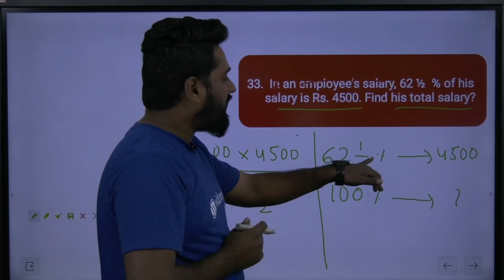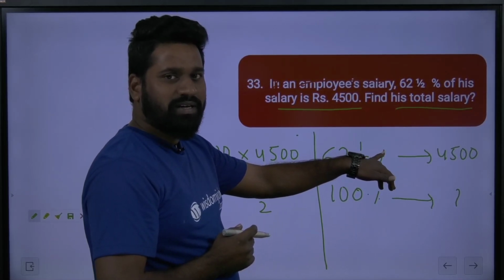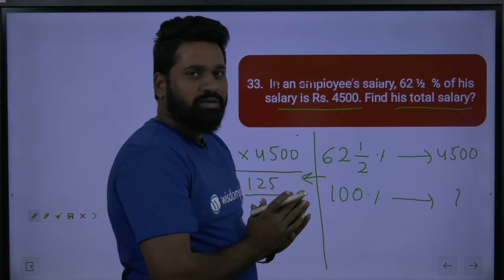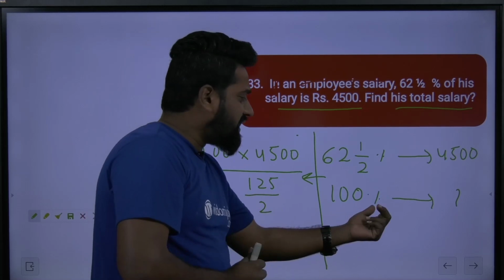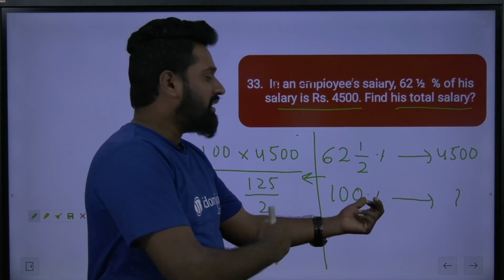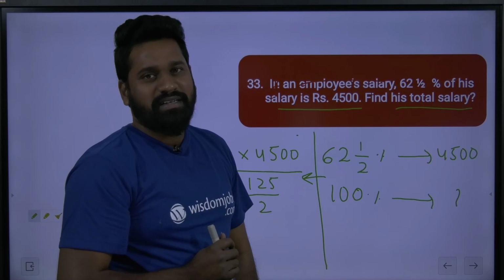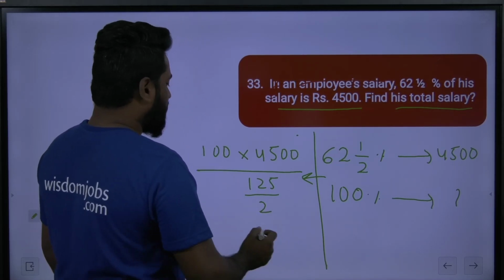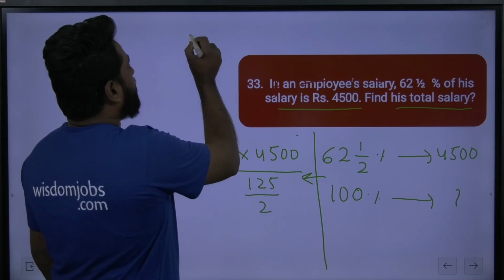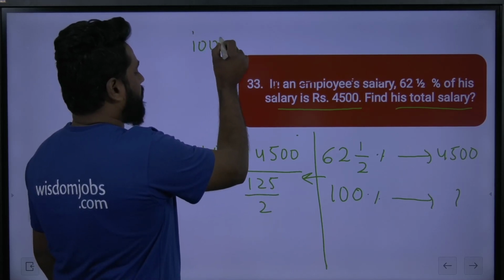Again, don't write 100 in the denominator. Here you have the percentage symbol, right? This is just like 20% only, you can take 20 itself. Don't write 100 in the denominator, because here also we are taking 100%. That 100 and this 100 will be cancelled. No need to write. So finally it can be written as 100 into